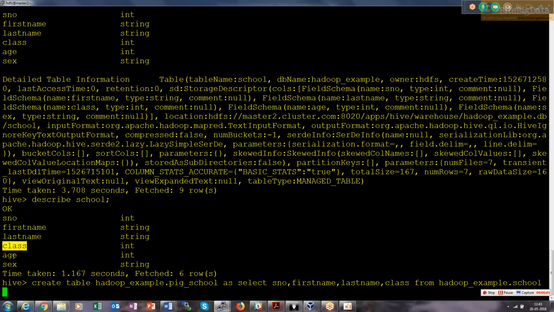And now this is a very good interview question for Hive. You just need to copy the schema. You need not copy the records. Now how do you do that? So I'm creating a table. I know that I'm going to select only serial number, first name, last name, and class. These are the 4 columns we are going to select from the school table and create our new table